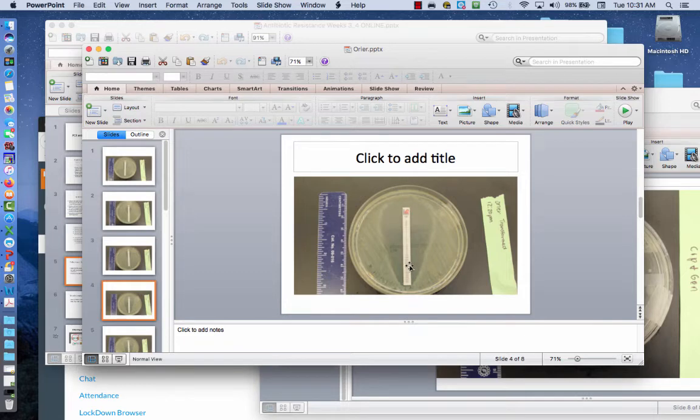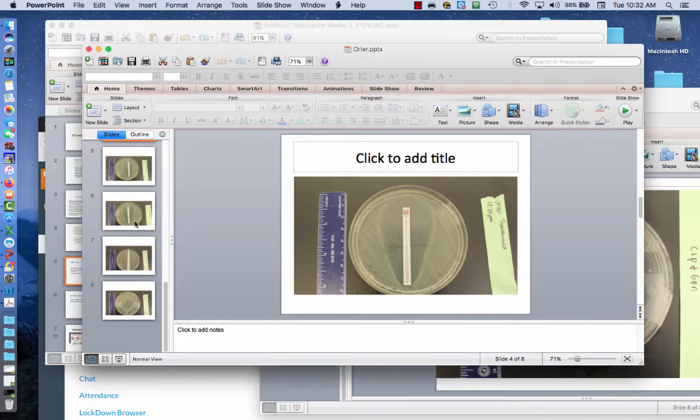Some of these antibiotics worked really well against the bacteria. If you had a situation like this where the actual zone of inhibition or zone of clearing goes to the bottom of the strip, we're going to read this as 0. We're going to read this as 0, all right? That's what you would enter into your